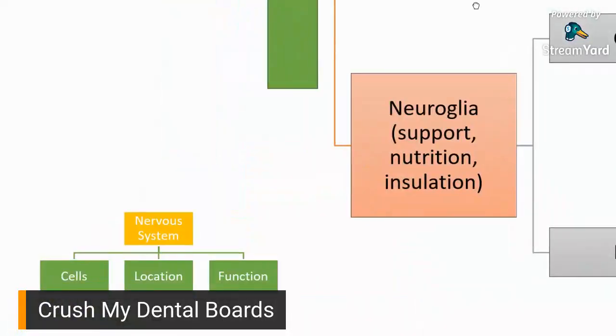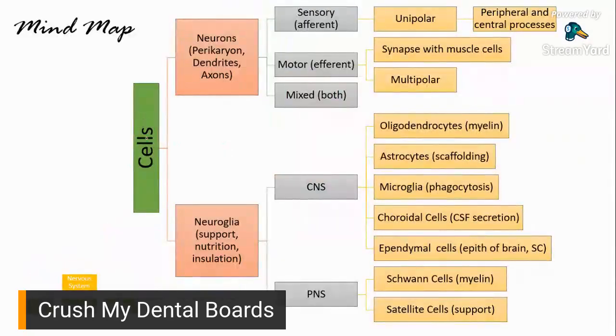Earlier it was as simple as having a nervous system. We'll discuss it based on cell type, location, and function. Now we have finished discussing the cell type, and we said that you have two groups of cells. You have your main cells, which are your neurons, and then we have the supporting cells, which is your glial cells. The neuroglia, your glial cells, they're the ones responsible for support, nutrition, and insulation of the neurons. So we'll go this way first.